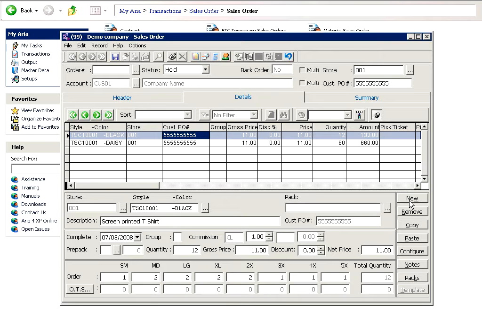Right hand side, you have those controlling buttons. New will allow you to insert a new line. Remove will allow you to highlight any of the lines and click on remove to remove it from that list. Copy will allow you to copy the breakdown from style A to paste it on style